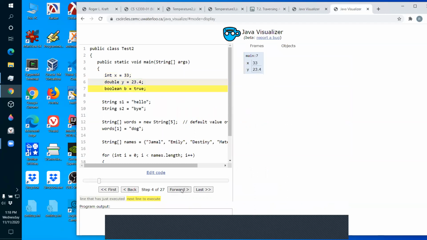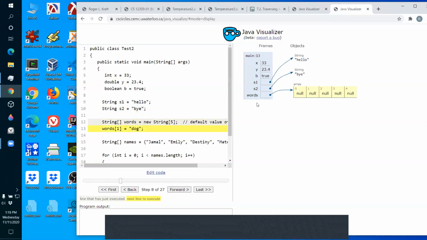Primitive, primitive, primitive, reference variable. See, that's what it should be: a reference variable pointing at an object. Now, what's the object here? An array.